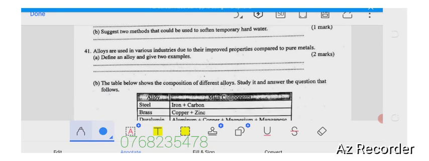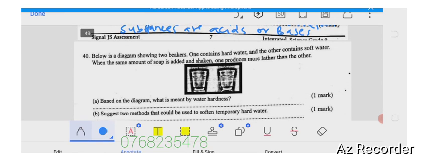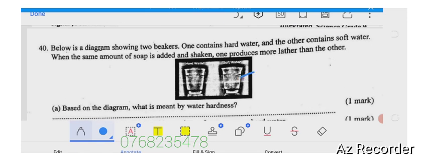says, below is a diagram showing two beakers. One contains hard water and the other contains soft water. When the same amount of soap is added and shaken, one produces more lather than the other. So this one contains soft water, and this one contains hard water. Hard water does not lather easily. That's why it produces less foam as compared to soft